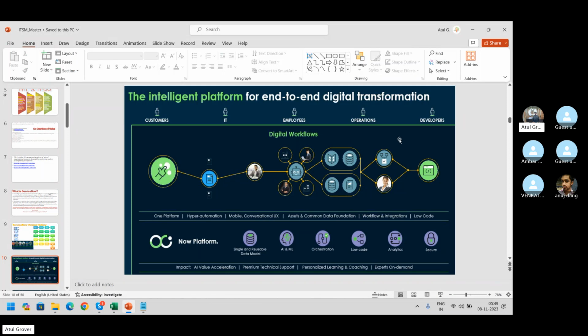And who builds this? The developers. They write code. And now the point is that we are moving from code to low code or no code. There are a few options available in ServiceNow where, with minimum code, you can build an application. Application is not a heavy word, guys. Application means, like, WhatsApp is an application. In layman's language, you say, hey, do you have this app? The same thing applies here.